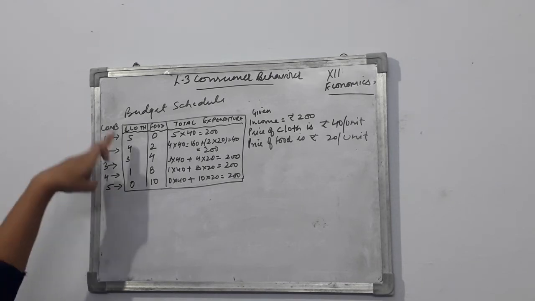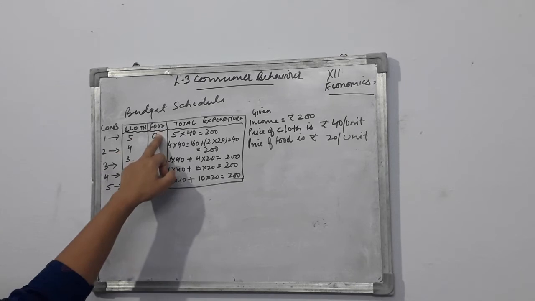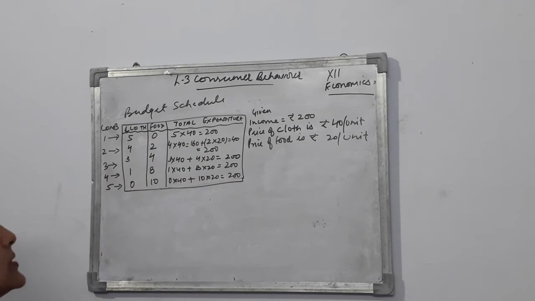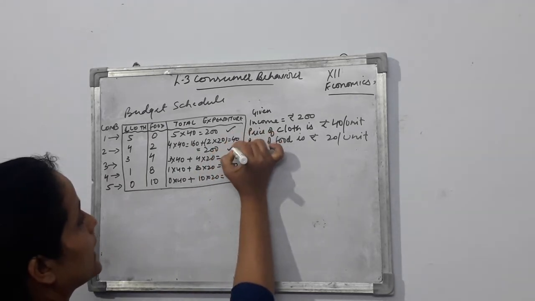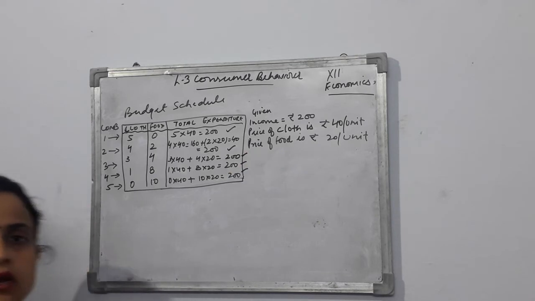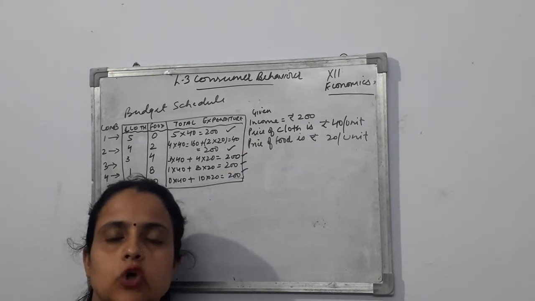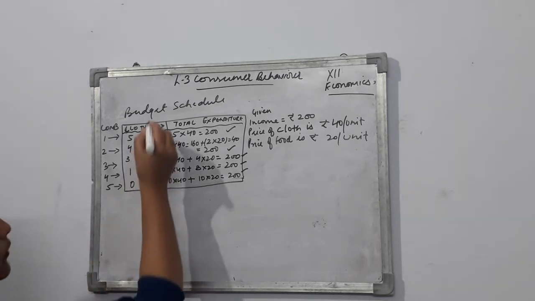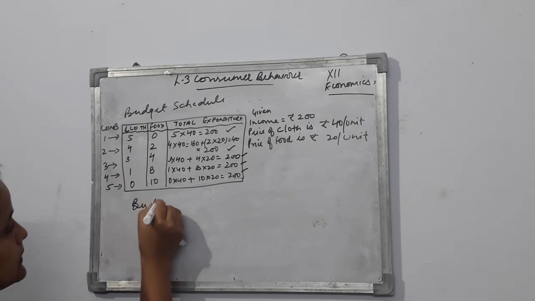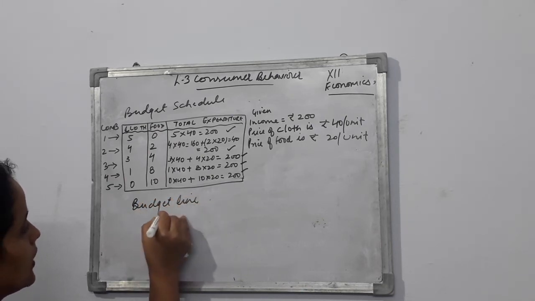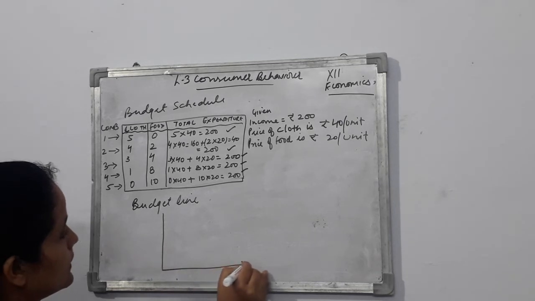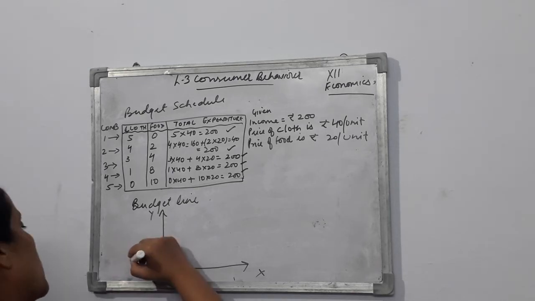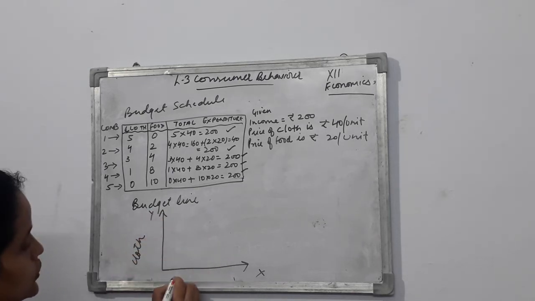So we can see that the extreme, either 1 or 5. When we go for 1 or 5, here we are using 5 of cloth and 0 of food, and here we are using 0 of cloth and 10 of food. So in all the combinations we are spending our entire money. So we have these options out here. Now this depends upon the consumer, which option he is interested in, which option he wants. Now if we draw, now we are talking about basically the budget line. If we draw the budget line, y-axis, x-axis, here will show cloth, here will show food, right?